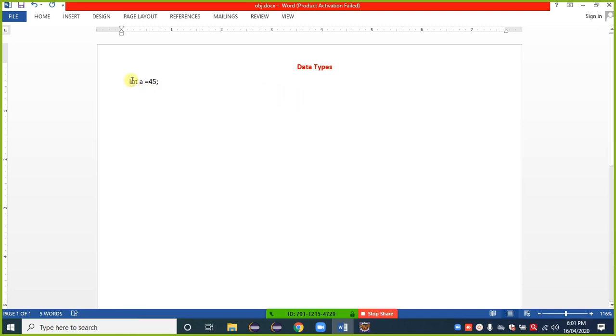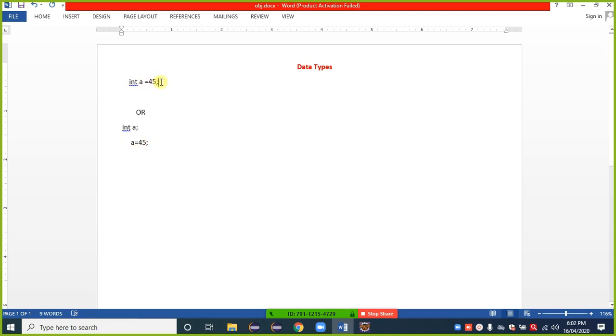It is a variable. This variable can also be written as int a semicolon and a is equal to 45. What I did here: we have a variable int a is equal to 45, and that variable can also be written as int a semicolon a is equal to 45.